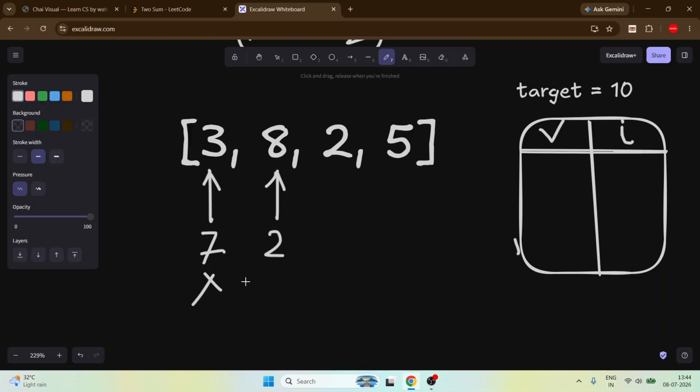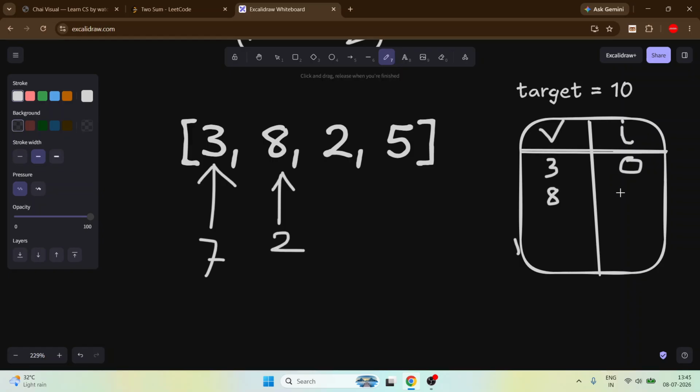Does 2 exist in this map? No. Put 8 with index 1.